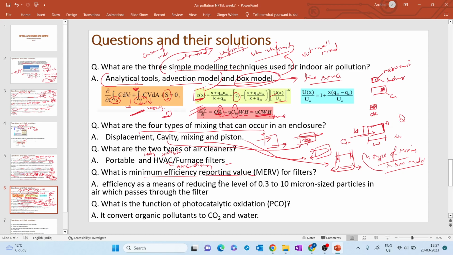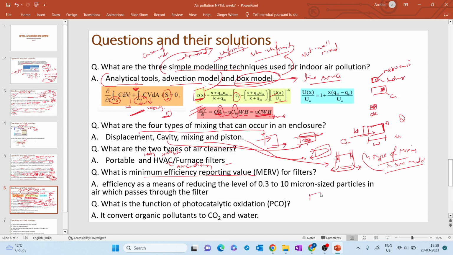Now, MERV filters' efficiency covers particles from 0.3 to 10 micron in size. This minimum efficiency reporting value varies. If a filter has a pore size of 0.3 micron, there can be multiple filters with the same size. A good filter has high efficiency; a filter that is not very good has decreased efficiency. So the MERV value is